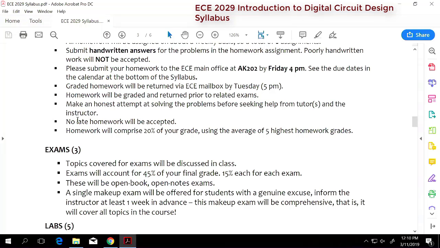Please understand that you have 7 days to finish your homework, and Friday, when you submit your homework at 4 o'clock, around 5 o'clock before I leave my office, I'm going to upload the solution for that. And since I'll be sharing solutions for the homework, I cannot accept late homeworks. Okay, but things happen, this is life. If you have a genuine reason, reach out to me 2 days before or something. Let me know in advance.